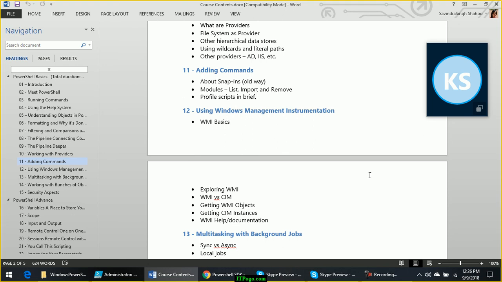No, it has nothing to do with the profile. That is the default behavior of PowerShell. The commands that you are running will not be available in the next session, or the variables or the aliases. That is why inside the profile script, if you want, you can create some aliases, or you can import certain aliases by running the import alias command. Whatever things you want to do on the startup, you can put it in the profile script.